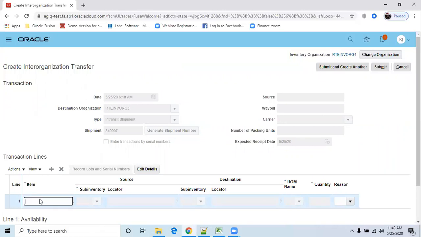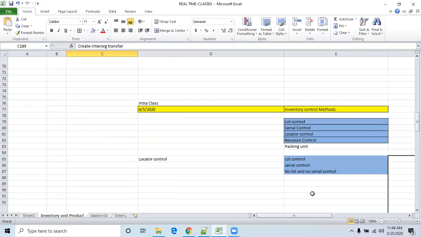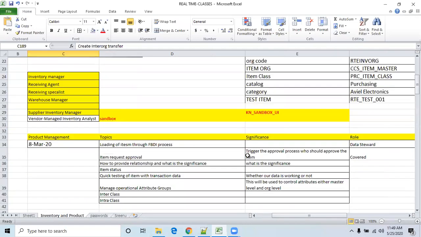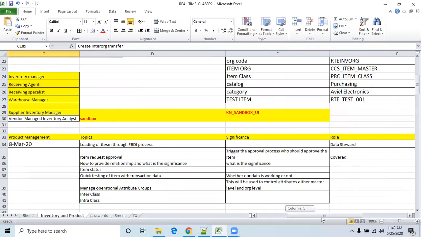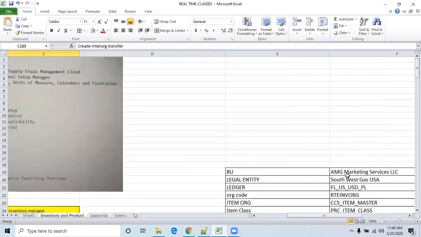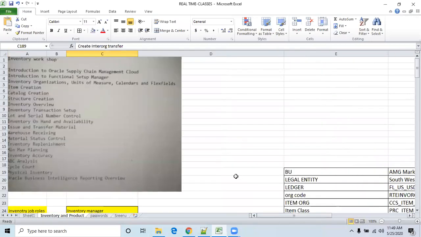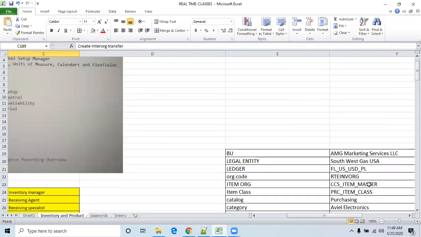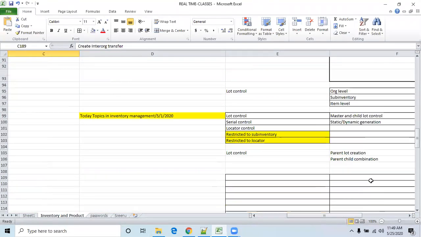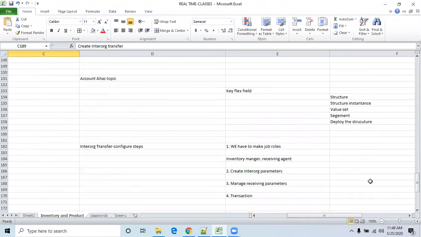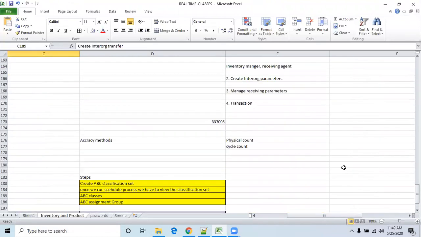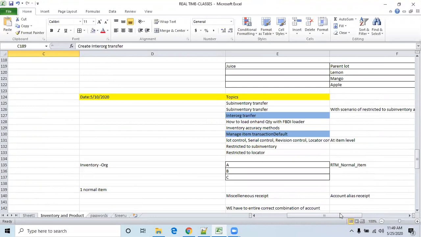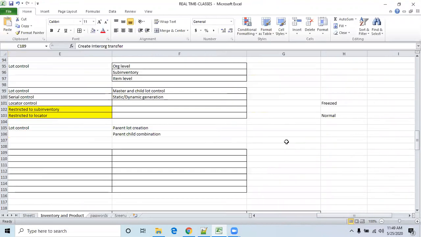I'm selecting one of the items. Let me check here.